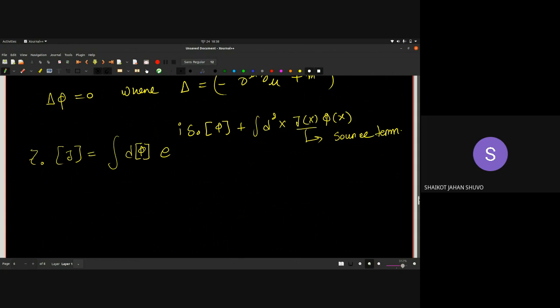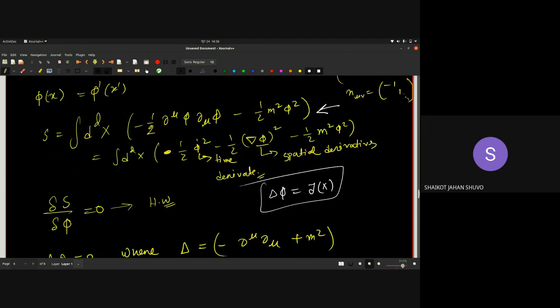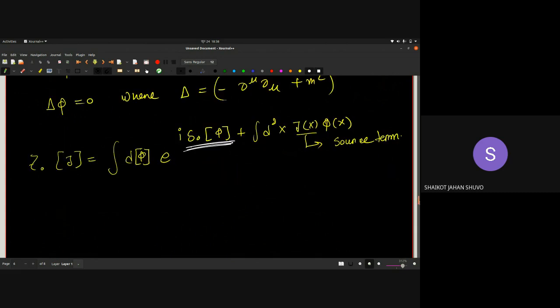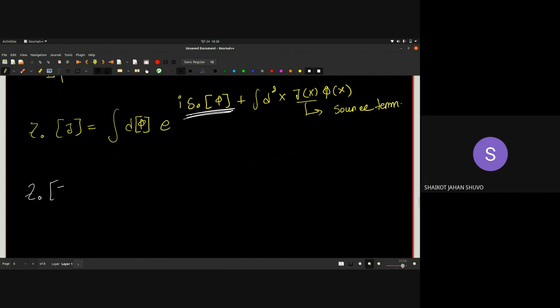So this is how the path integral is written in quantum field theory. And again, these are your functional integral measures. What you can do right now is use the classical action, that means this expression, put it over there, and then you can show that this Z0 of J is equal to something like this. Z0 of 0 times the integral of,